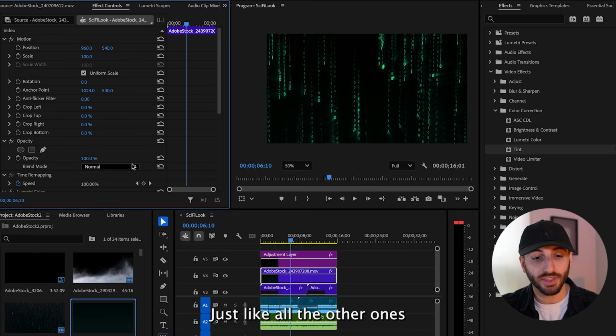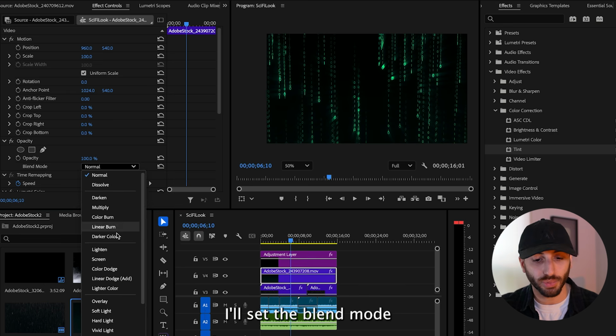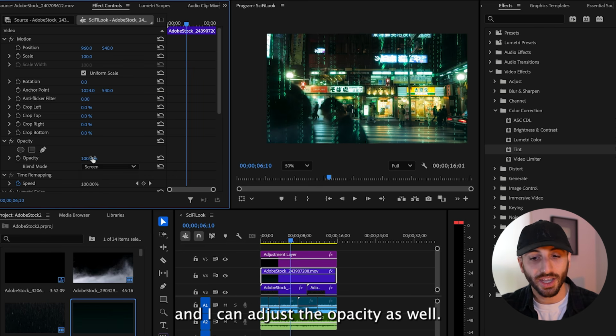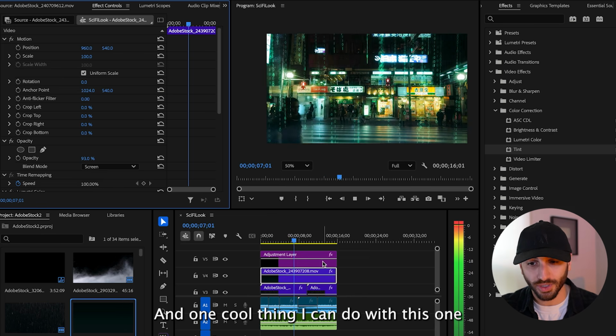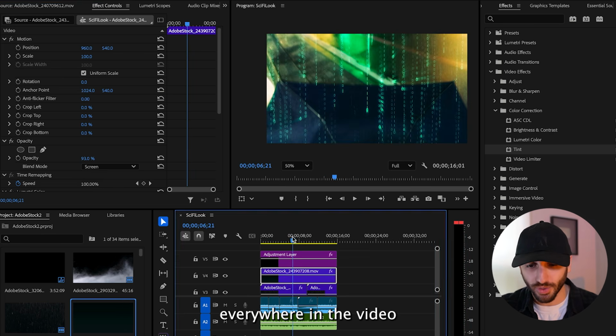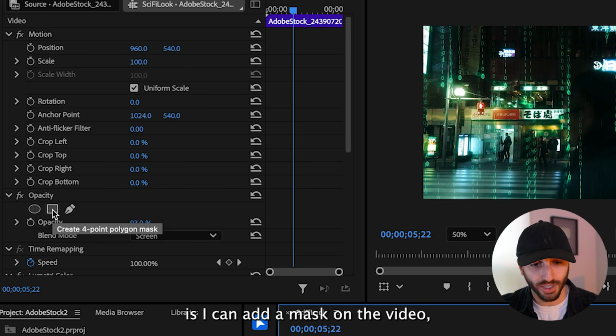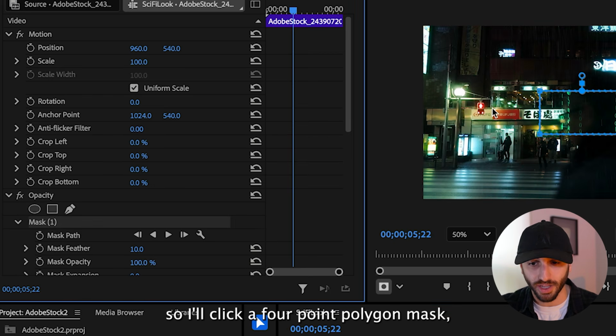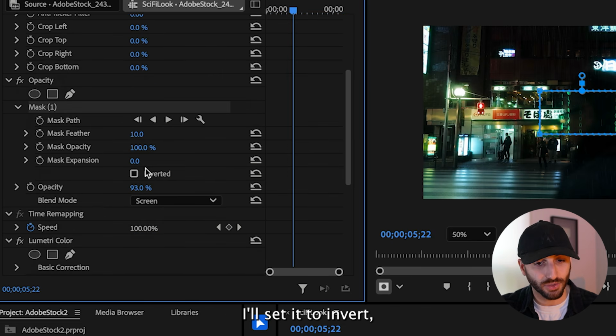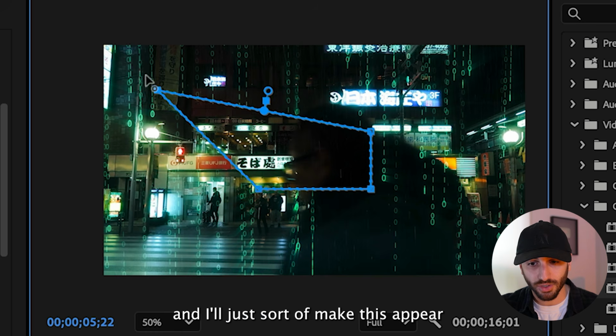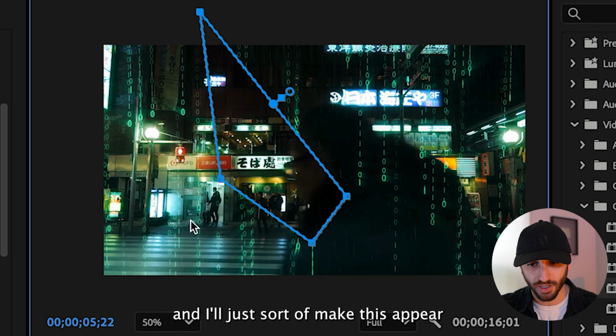Just like all the other ones, in the Effect Controls panel, I'll set the blend mode of this one to screen, and I can adjust the opacity as well. And one cool thing I can do with this one, if I don't want it everywhere in the video, is I can add a mask on the video. So I'll click a 4-point polygon mask, I'll set it to invert,